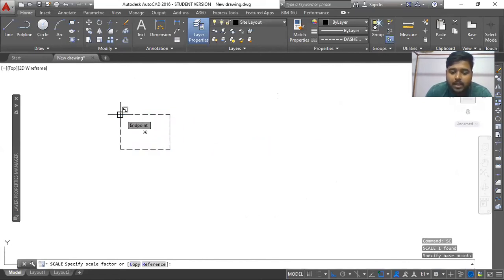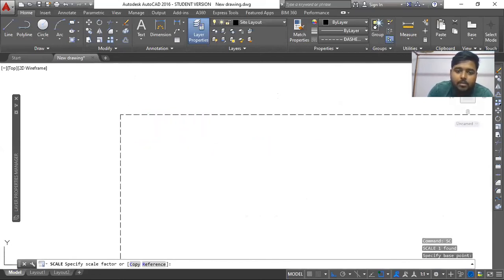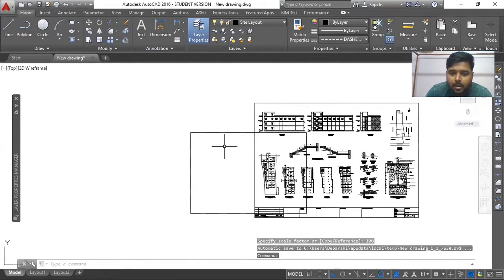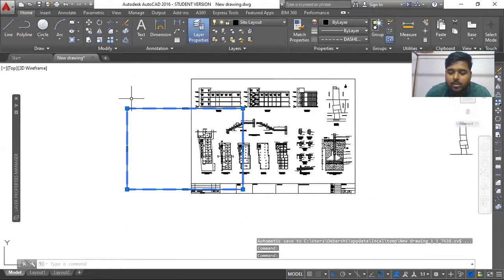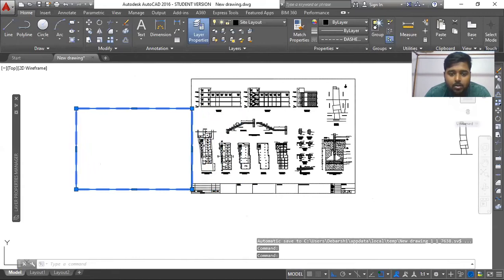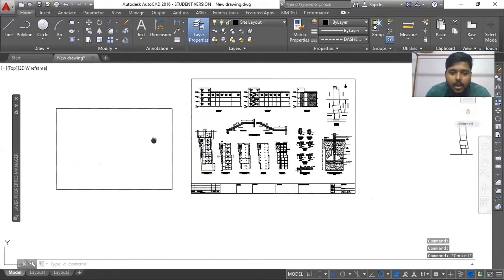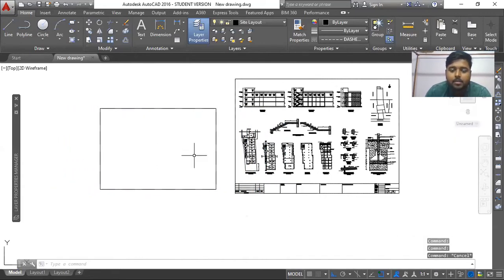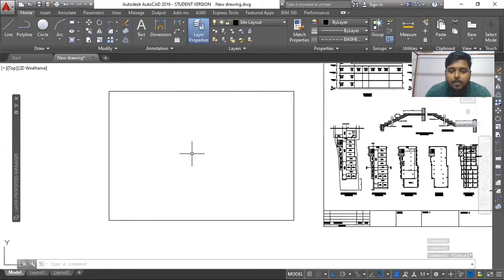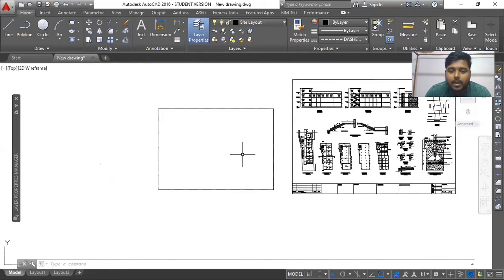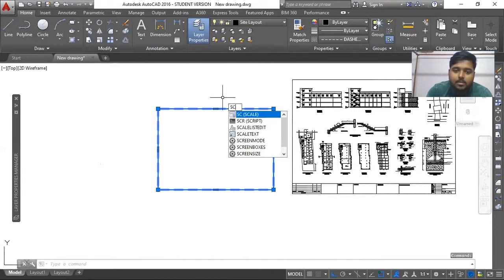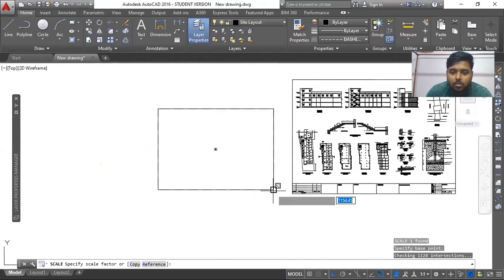Let's say we are scaling it up 100 times and see whether it can accommodate all your drawings, or the thing you're trying to represent, right? In that case, it is not going to accommodate all the drawings, all the elements. So I need to scale it up more. Let's say I scale it up 2 times.